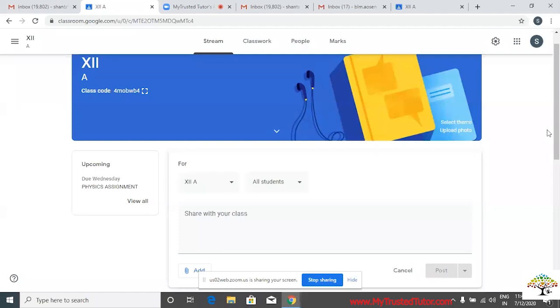Ma'am, you are using a professional email ID for that purpose? Yes. So you are not able to access the class? No, I can access the class because I can manage my email IDs. But when they send me Gmails or any mail, I cannot access them. Okay, I got you.